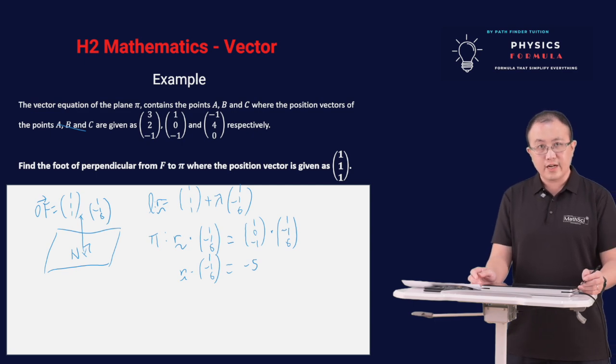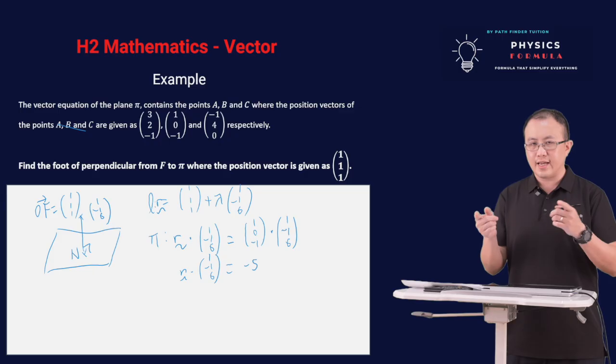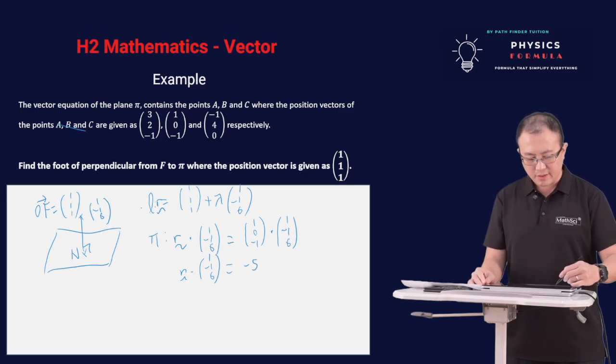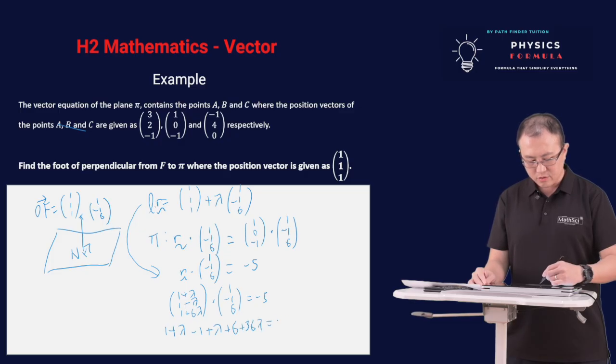Last but not least, to find the foot of the perpendicular, which is the intersection point between the line and the plane, I'm going to substitute this inside here. So this is how it will look like. 1 plus lambda, 1 minus lambda, and 1 plus 6 lambda, dot with 1, minus 1, 6 is equal to minus 5. So 1 plus lambda, minus 1 plus lambda, and plus 6 plus 36 lambda will be equal to